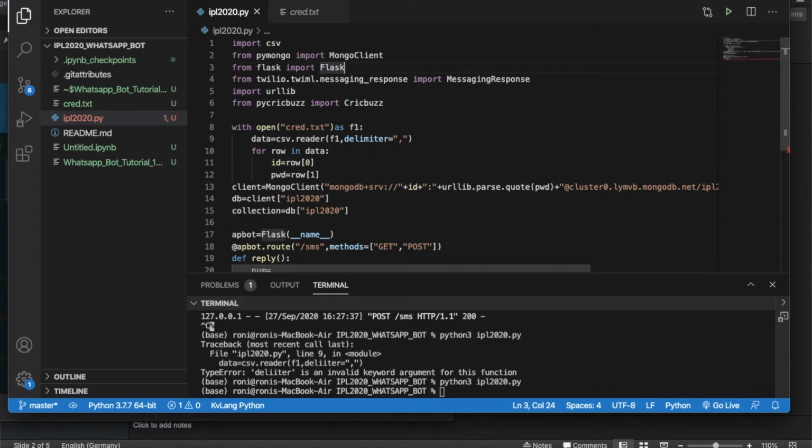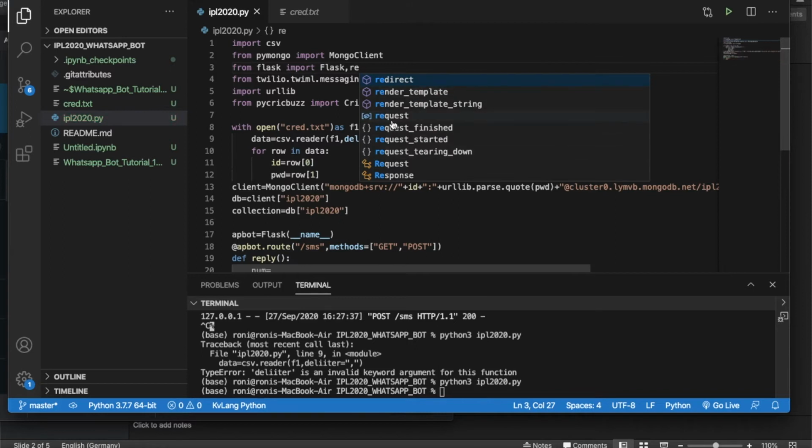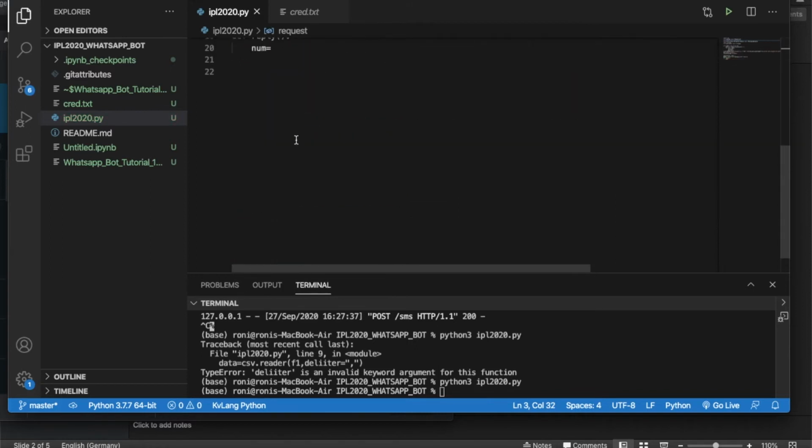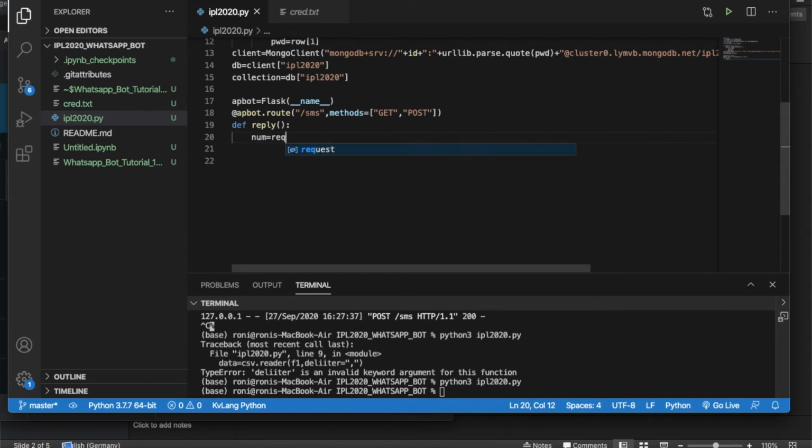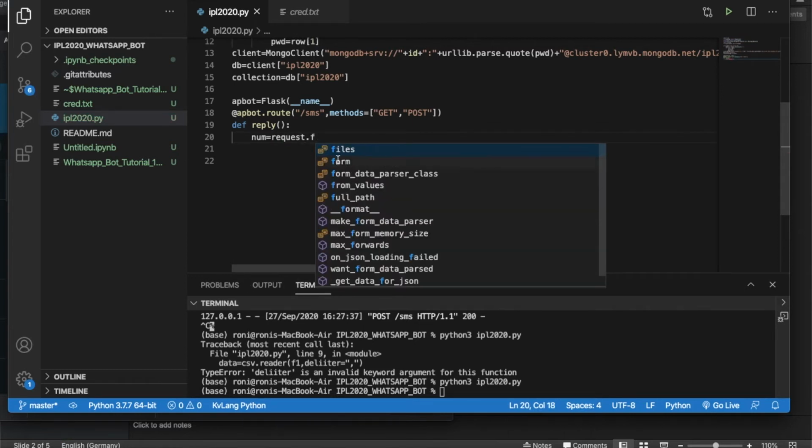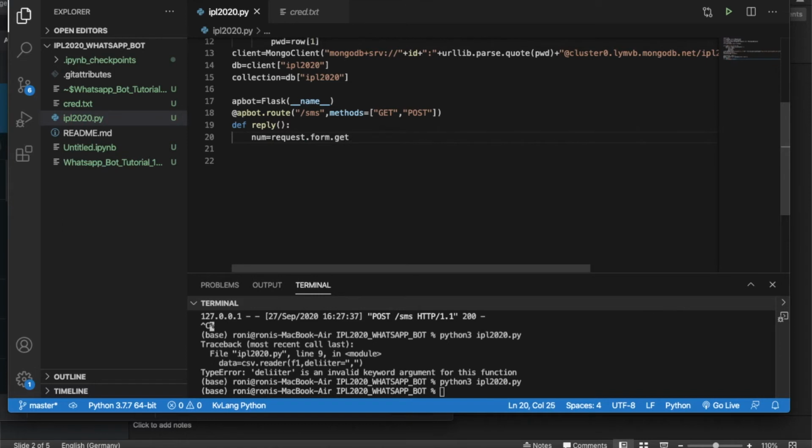Flask has something called request. So it should be request dot form dot get, and it should be From. So it means from where the SMS is actually coming.